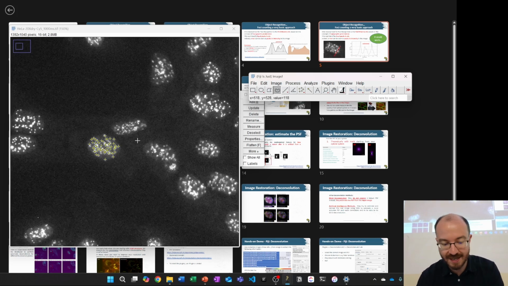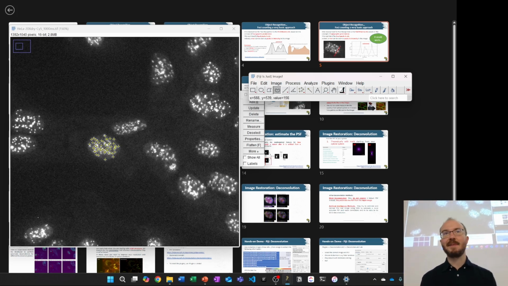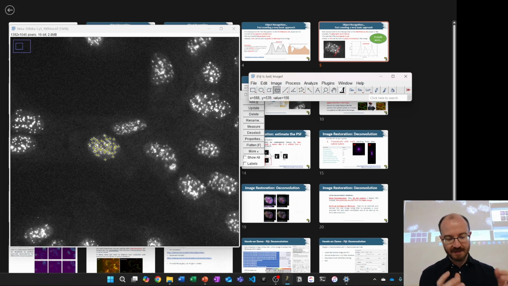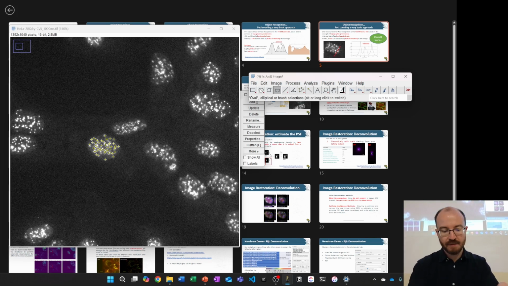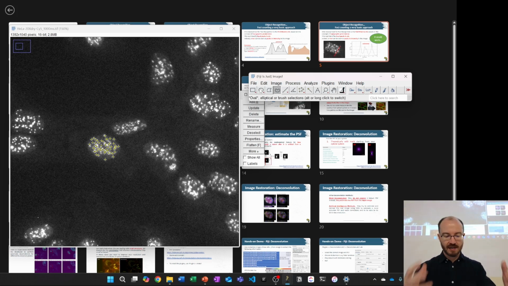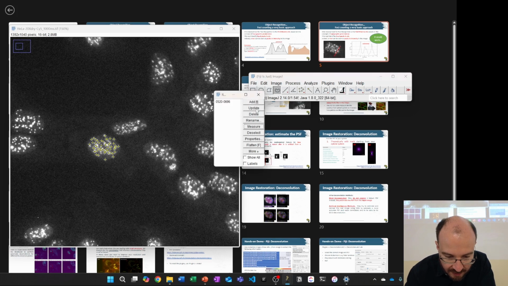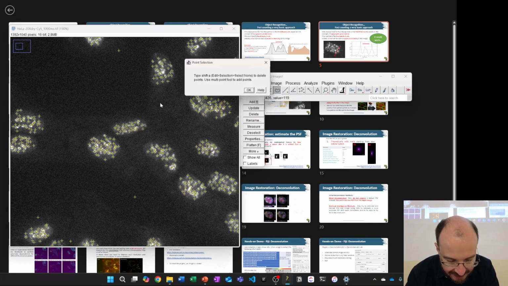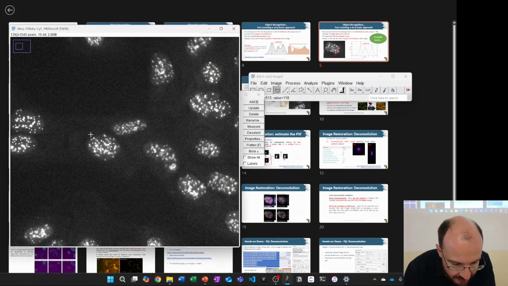So what selections usually do is limit whatever operation you perform to that thing. The lookup table is obviously the exception to that. But if I only want the peaks detected in a certain region, I can first make a region of interest selection, and then whatever analysis I do will only be for that region of interest selection. So I can do the same. That's now my old one. Let's just start over again. Make a selection,